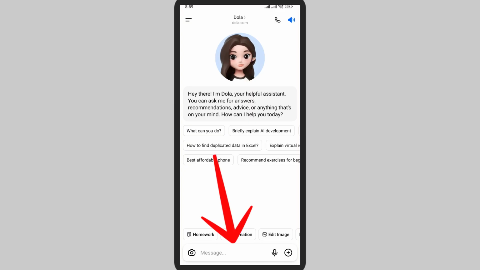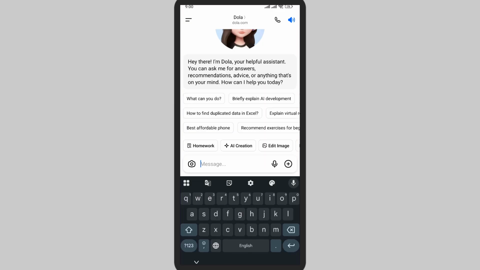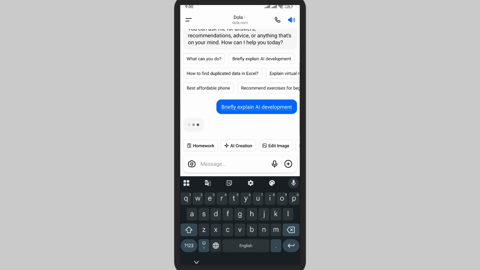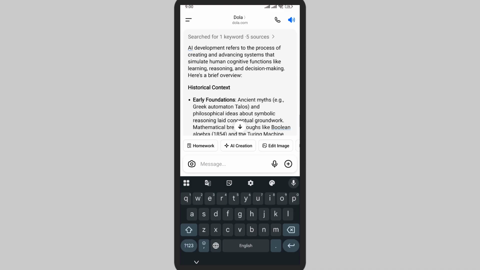Here, simply tap on this message box. Here you can simply start chatting and ask different questions. So here simply ask a question, and after doing this you can easily have conversations and get the answer or